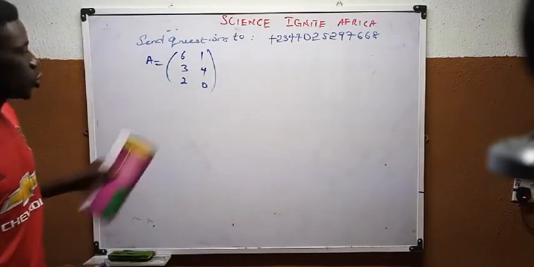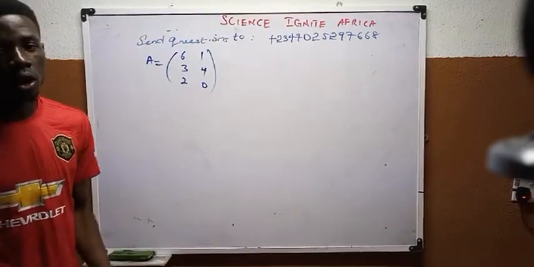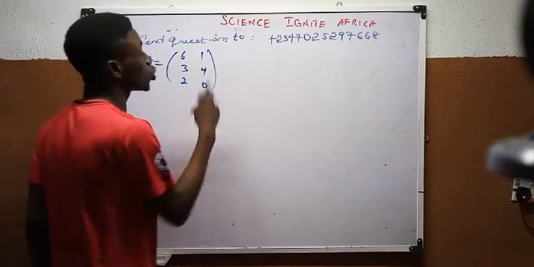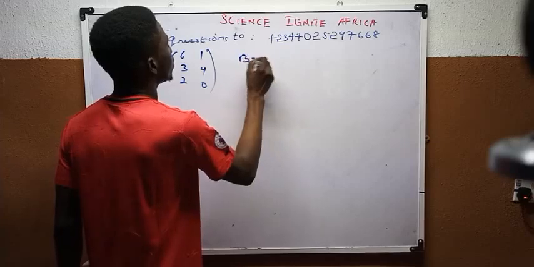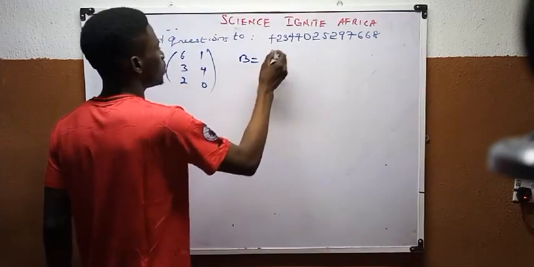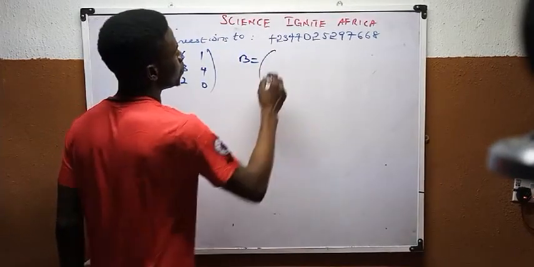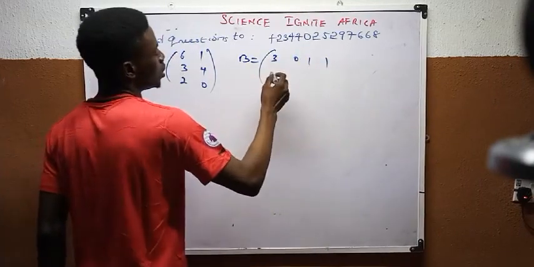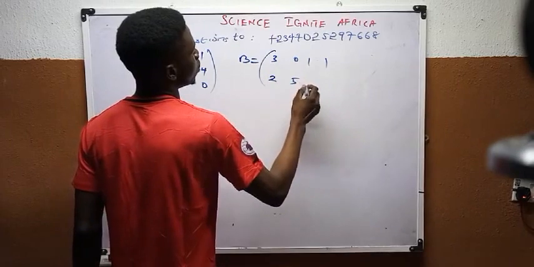Now, this is a 3 by 2 matrix, 3 rows and 2 columns, which implies that the matrix I want to choose next must be a 2 by something matrix. So for B, let me choose a 2 by something matrix. Let me say we have 3, 0, 1, 1 and 2, 5,